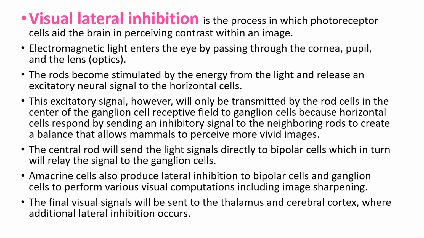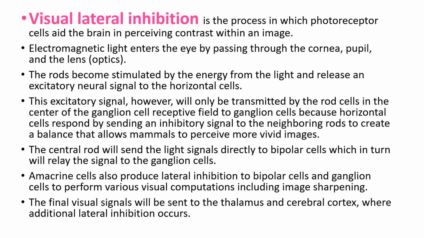Visual lateral inhibition is the process in which photoreceptor cells aid the brain in perceiving contrast within an image. Electromagnetic light enters the eye by passing through the cornea, pupil, and the lens optics. The rods become stimulated by the energy from the light and release an excitatory neural signal to the horizontal cells. This excitatory signal, however, will only be transmitted by the rod cells in the center of the ganglion cell receptive